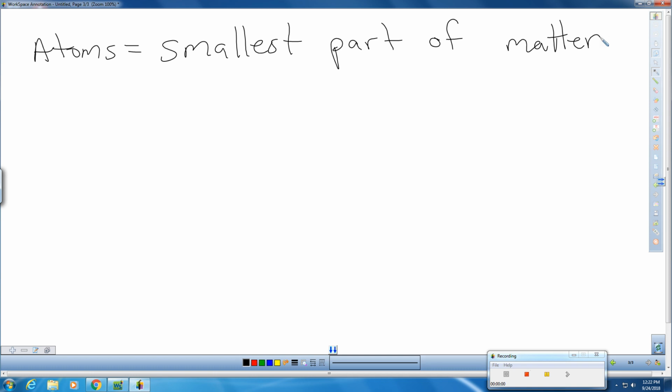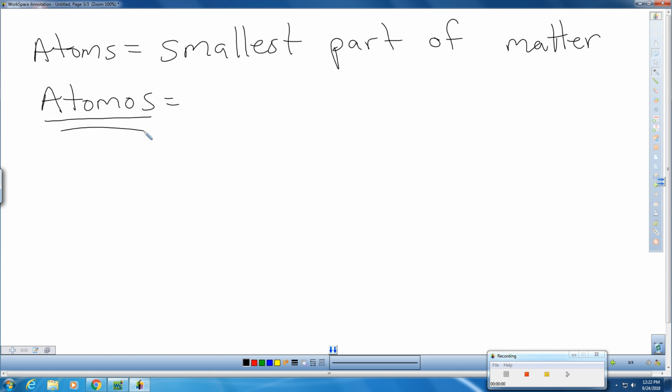And actually, atom comes from the ancient word atomos. And atomos was actually discovered by Democritus, believe it or not. Democritus was an ancient philosopher, and he proposed the idea that if we took an item such as a rock and we cut it down, it would be half a rock. And then if we kept cutting that down and cutting that down, we could continue to cut it until at some point in time we would get to a spot where we would not be able to cut it anymore. And he coined that term atomos, which actually represented undivided or indivisible part. So that's where atomos comes from. Believe it or not, it was an ancient word.